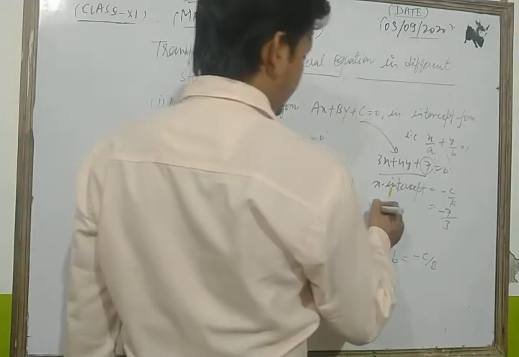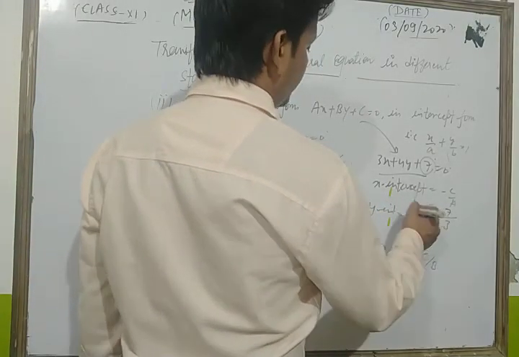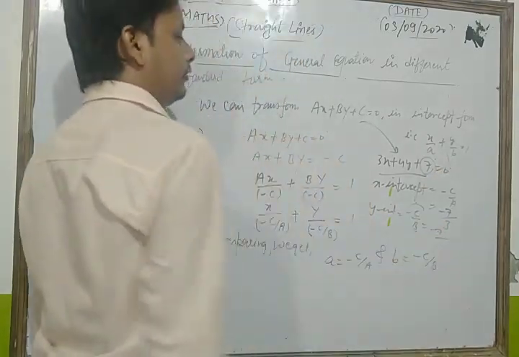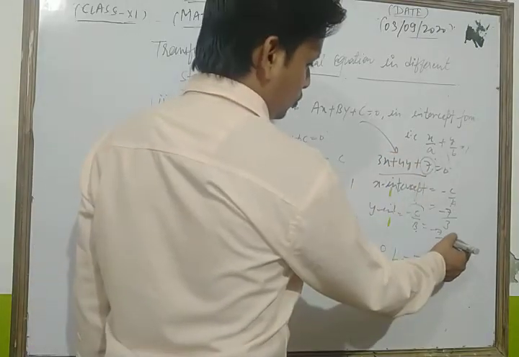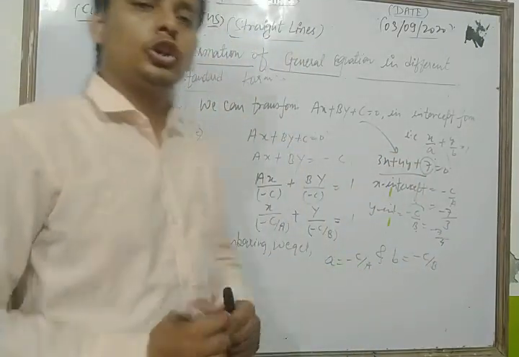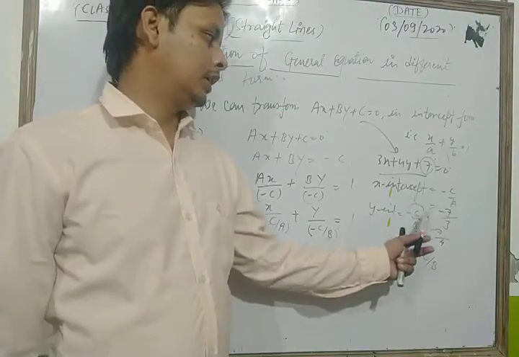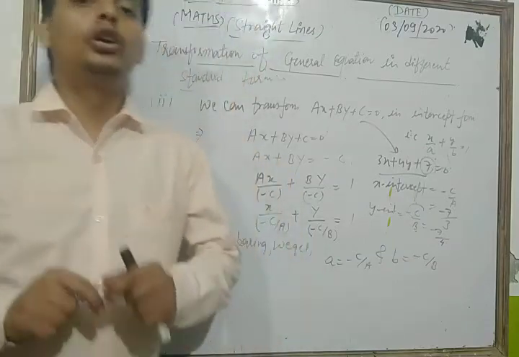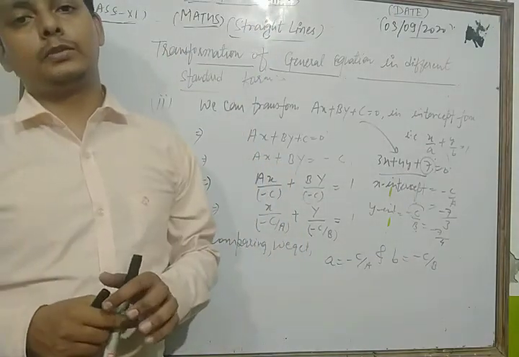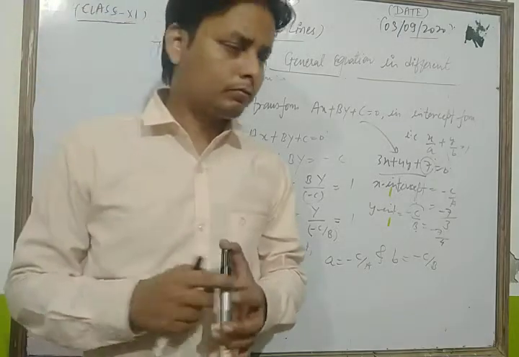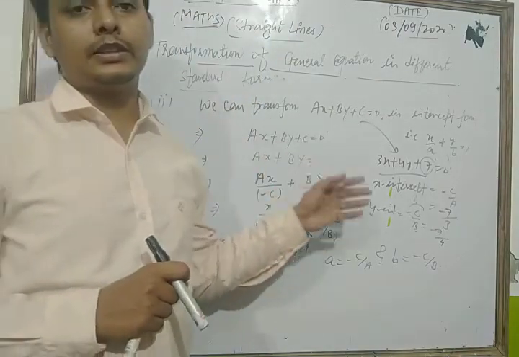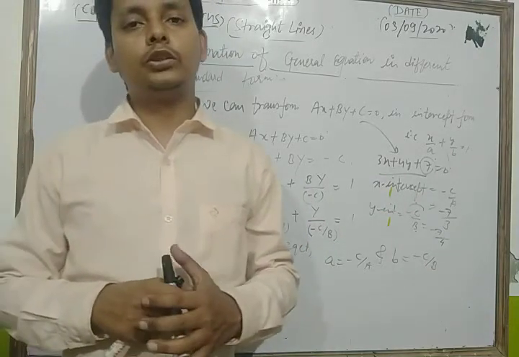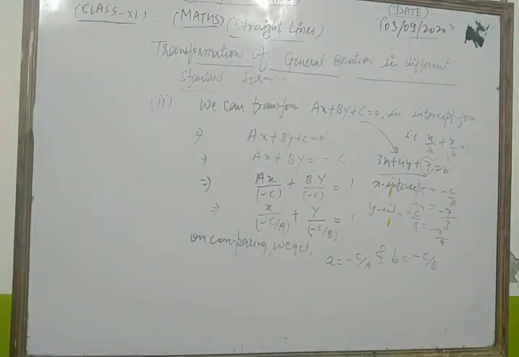And if you find the y-intercept, then the value of the y-intercept is minus c upon b, meaning minus the constant term, so minus 7 upon the value of b, the coefficient of y, which is 4. So in this way you can find the x-intercept as minus 7 by 3 and the y-intercept as minus 7 by 4. So this is a very important concept of that chapter. Dear student, first of all you revise all the topics and all the questions which we discussed in this class. After that you complete your NCERT exercise based on this topic.